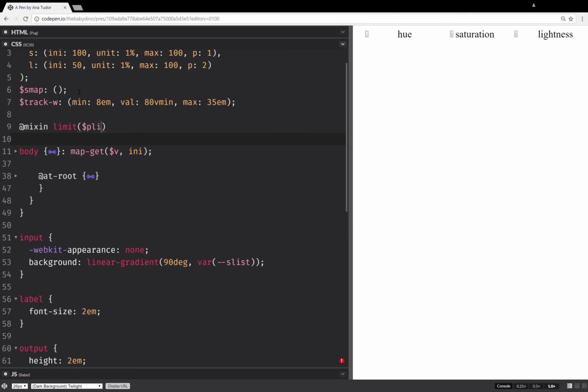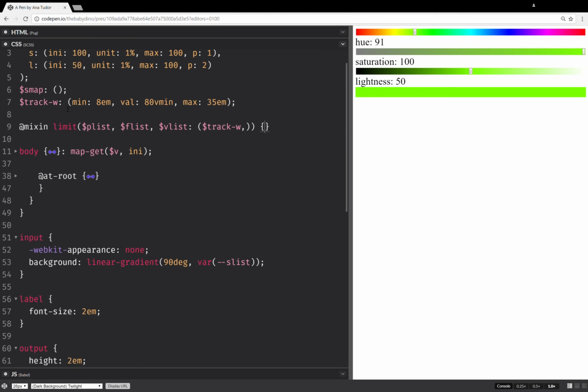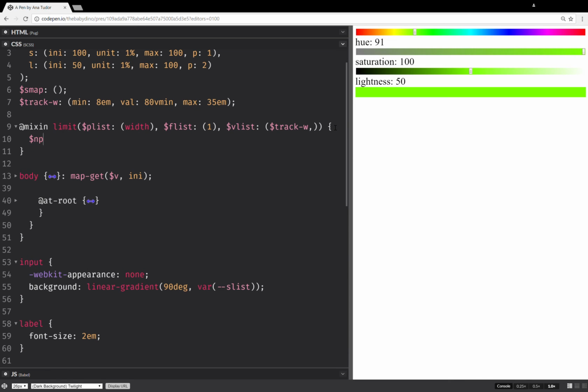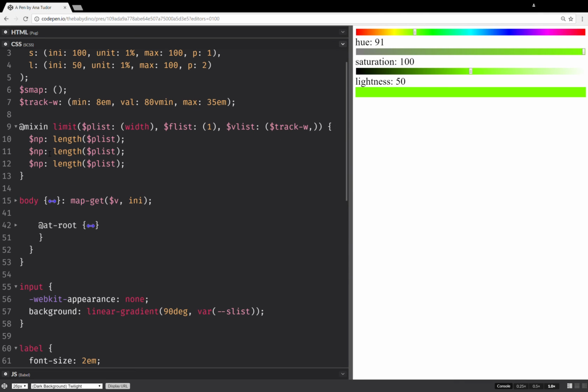So we're going to have a property list, we're going to have a factor list, and we're going to have a value list. And this value list is going to be this track width. And we add a comma at the end so that we signal that all of this is just one value. It doesn't take each component as a separate value. And this factor list is going to be a list of multipliers. Again, it's going to have just a 1 inside it, and this is going to have just one property, width, at the beginning. So I read the lengths, and I'm going to have for the first one the property list, and I do the exact same thing for the other two, and I just need to change